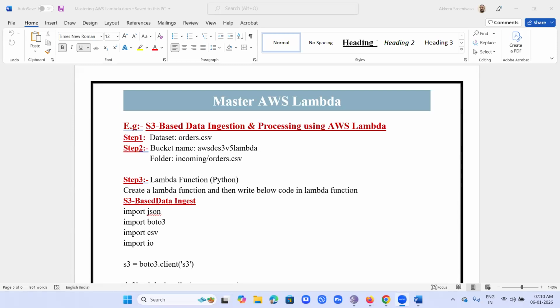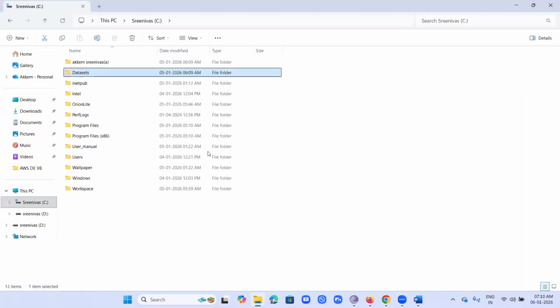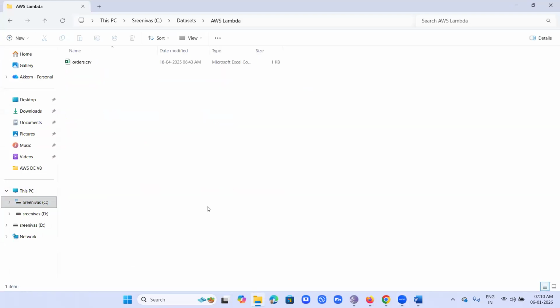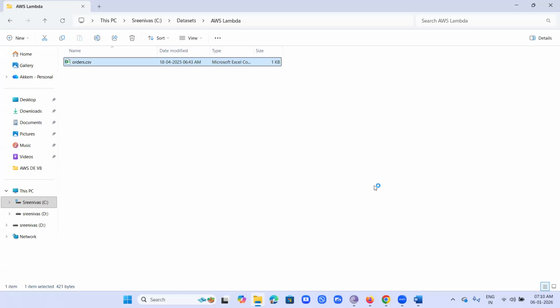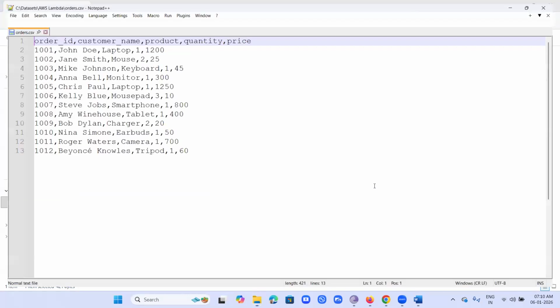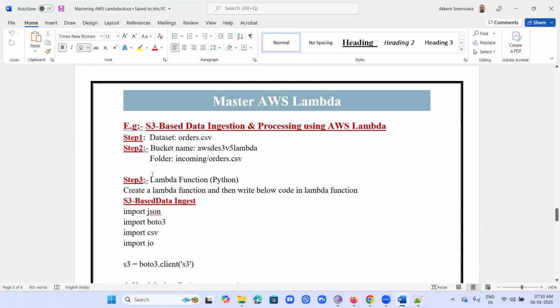Let me open my drive with the data sets. I have a file called orders.csv. So this is my orders.csv. I am going to place this file into an S3 location. Once we place the file into the S3 location, then I am going to use